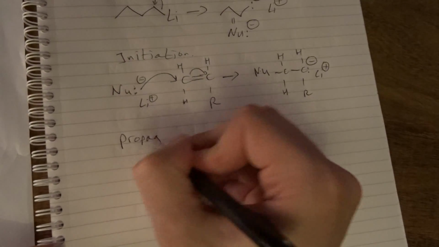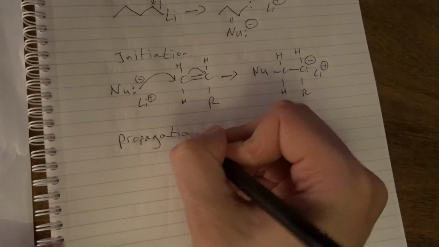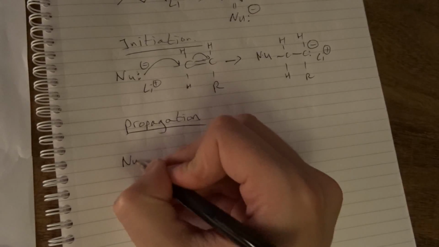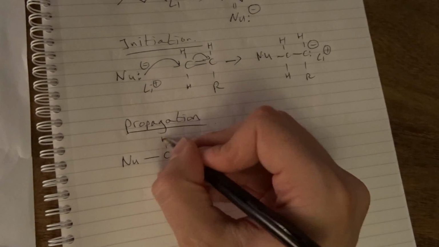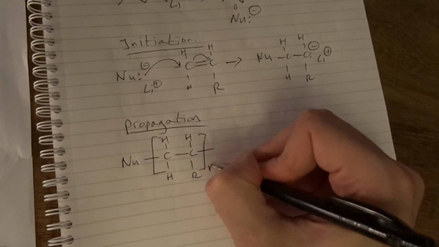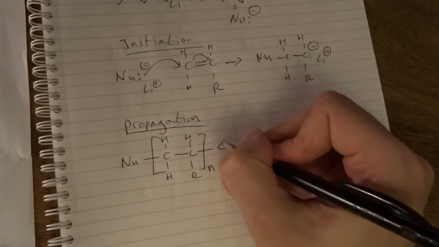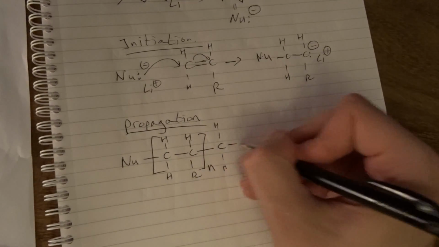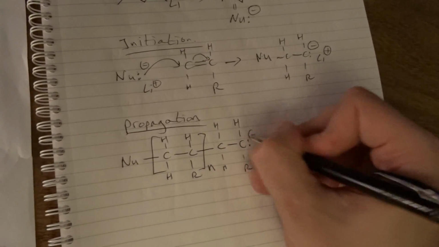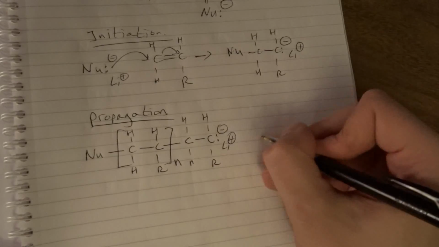Propagation step. So exactly the same as in the free radical polymerization and in the cationic polymerization, we draw the structure with some oligomeric structures in the formula. So like this, H, and the active chain end, negative and the counter ion. We add the monomer,